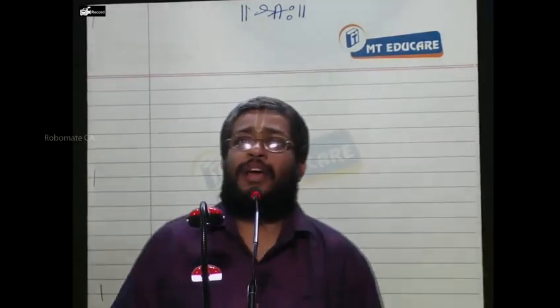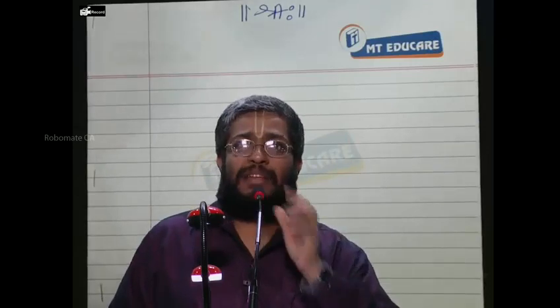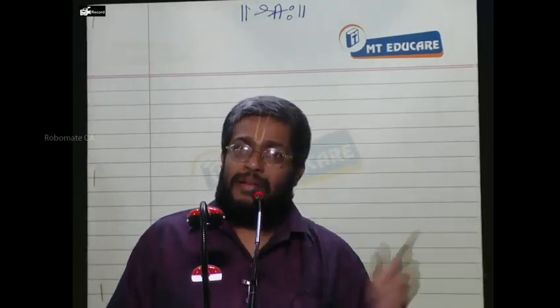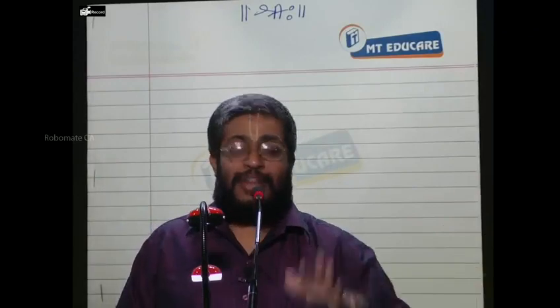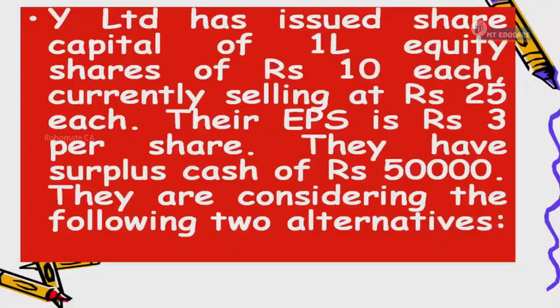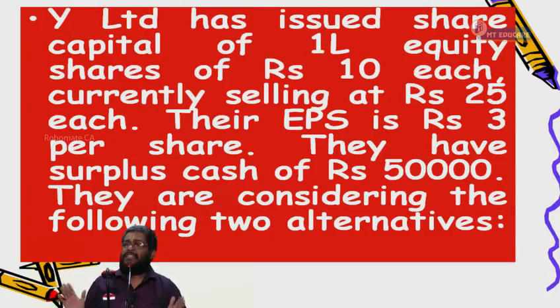See, if you look at that sum, the company is at present having how many shares? I hope you have revised it. Company has how many shares here? 1 lakh shares. The 1 lakh shares today are trading in the market at how much a share? That means the company's current wealth is how much? 25 lakh. It is earning how much EPS? That is, its earnings is how much? 3 lakh rupees. And out of the 25 lakhs wealth, what is surplus wealth? 50,000. These are all the details given in the balance sheet.